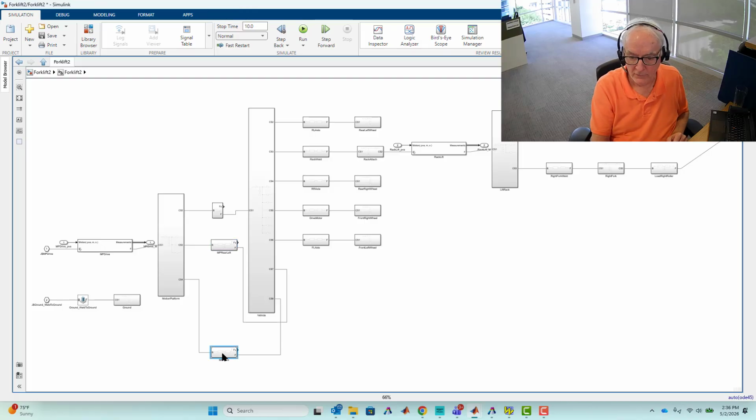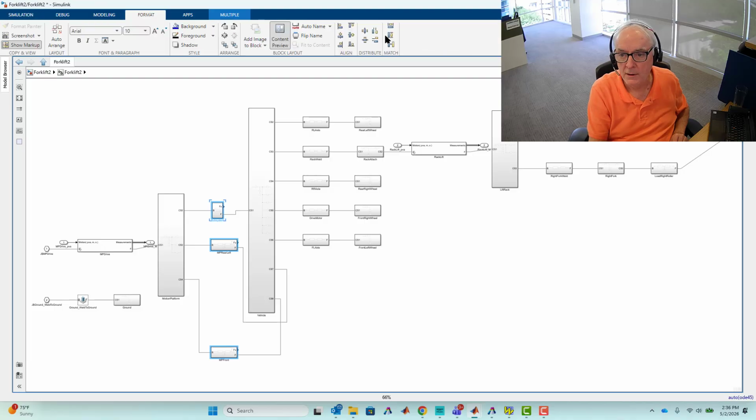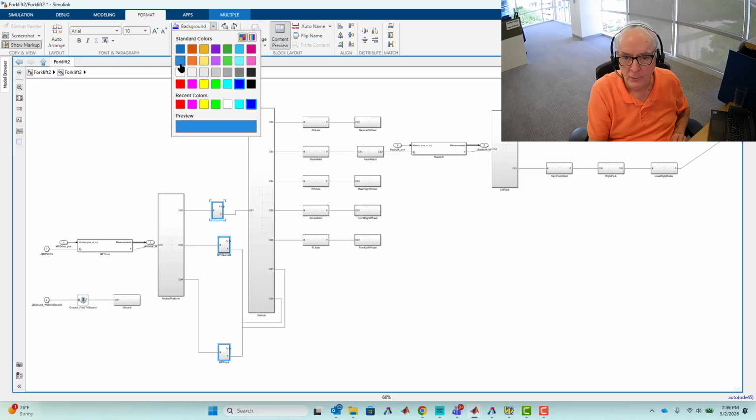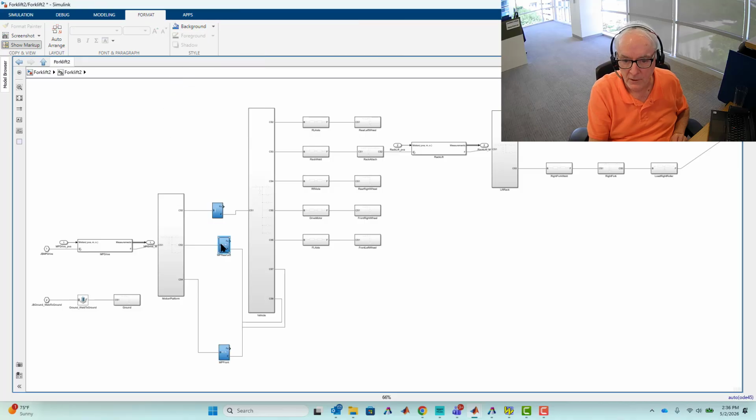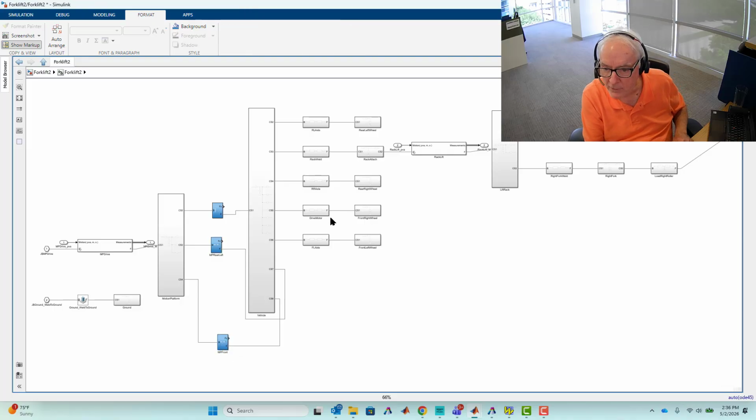Okay, so I got those forces set up for these 3 components, and I'm going to do something that's visually helpful. I'm going to select these 2, and then third, I'll select this one, and I'll go to Format, and I'll say match the size of the third one, and then I will also make all these guys blue. Okay, now I'm going to do a little bit more effort on,